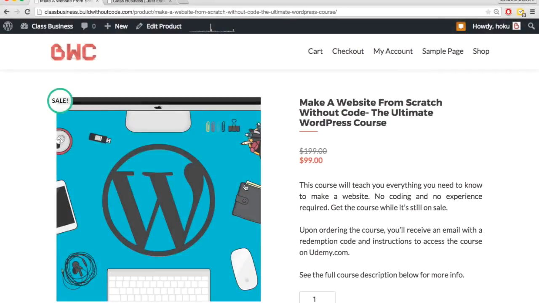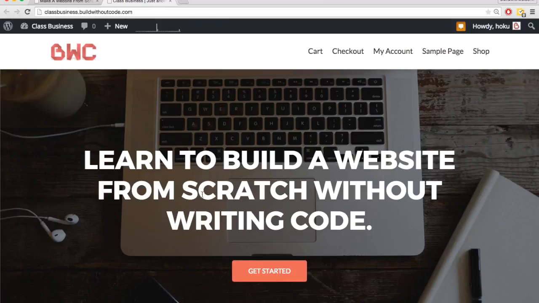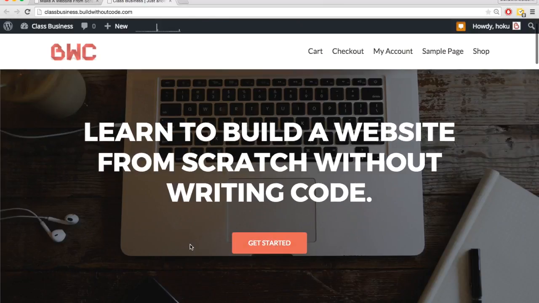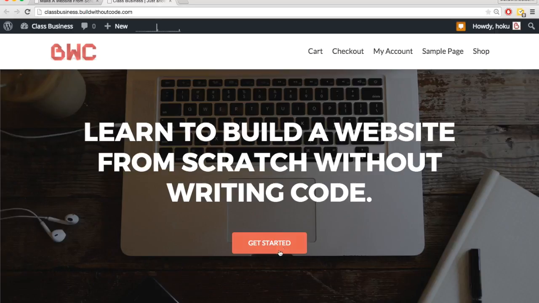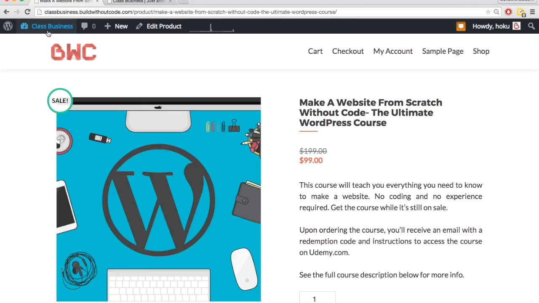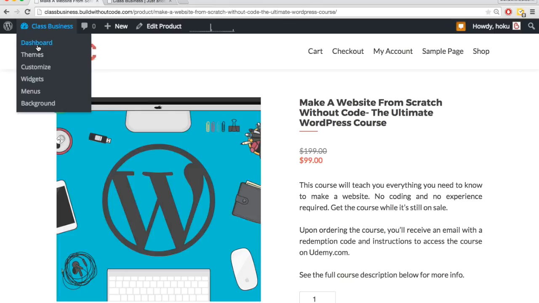Now that the page for this product is complete, I want to add a link to this page on the front page buttons. If you remember, I wanted these buttons to link to a place where they could get the product, but we hadn't created that page yet. So now that this is complete, we can put those links into these buttons. But before we do that, I just want to make sure the permalink structure is how I want it. So I'm going to go back to dashboard,